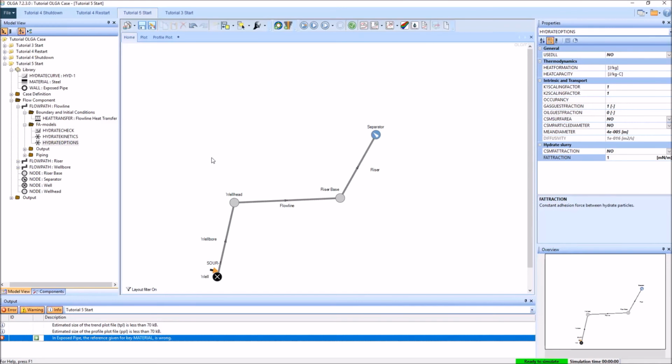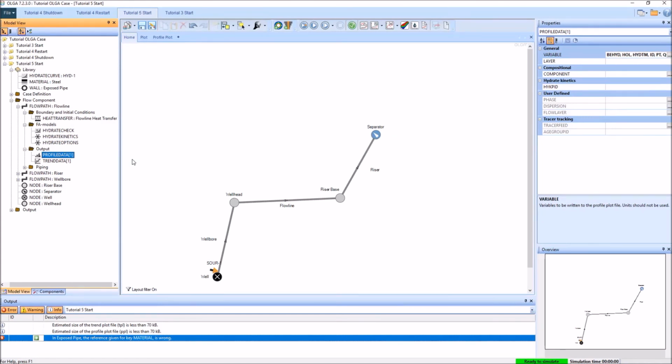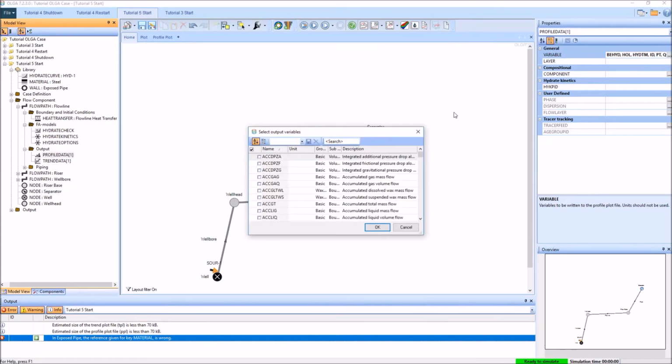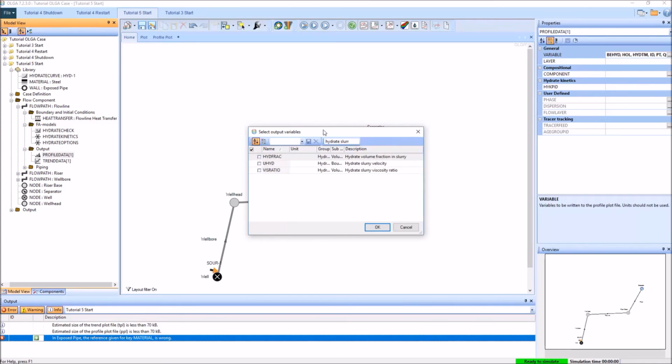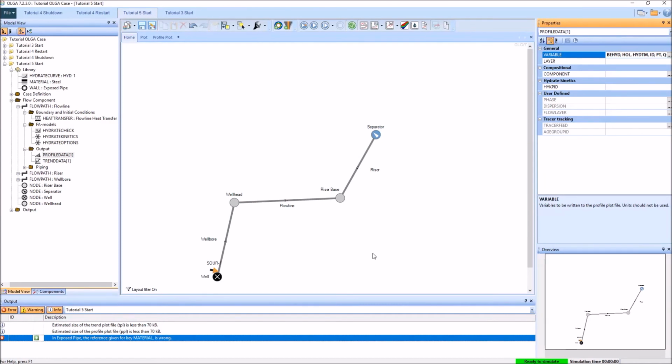see in our outputs. So if we take a look at our profile data and we open this up, what we're interested in looking at is the hydrate slurry viscosity ratio, vis ratio. So this basically tells us how viscous the hydrate slurry is going to become as a result of all of those solid particles moving around in it. And so while we're tracking this variable here, we can then go ahead